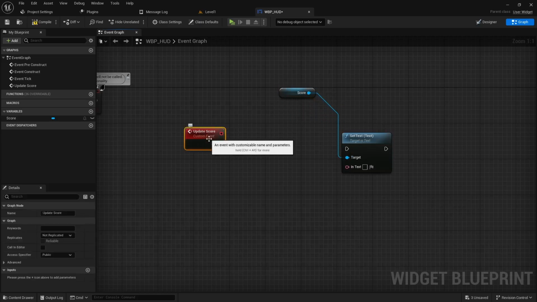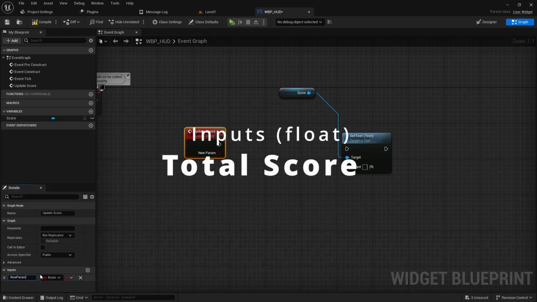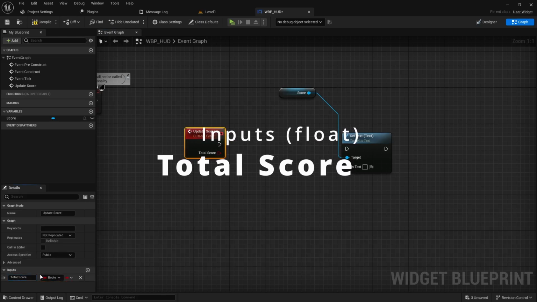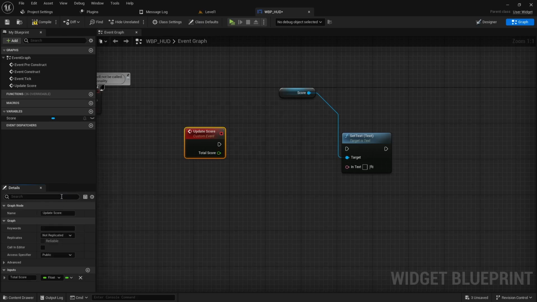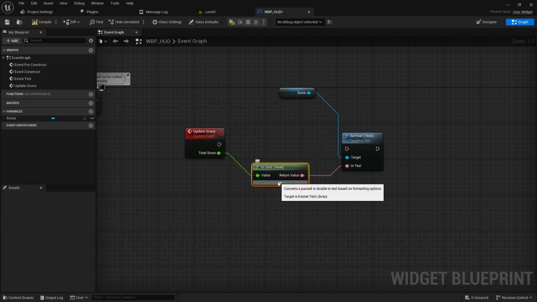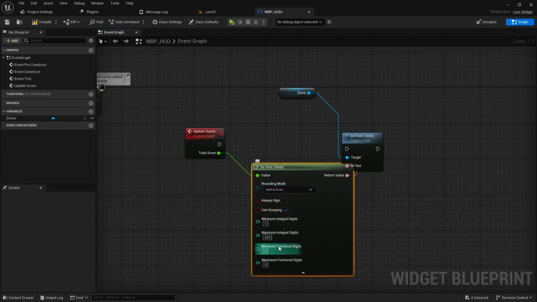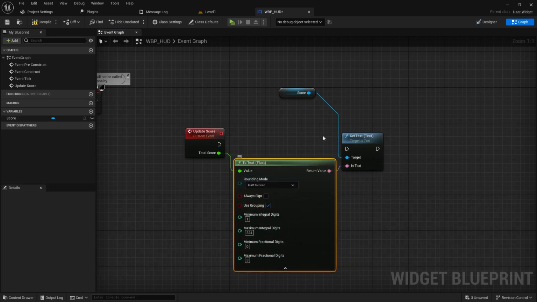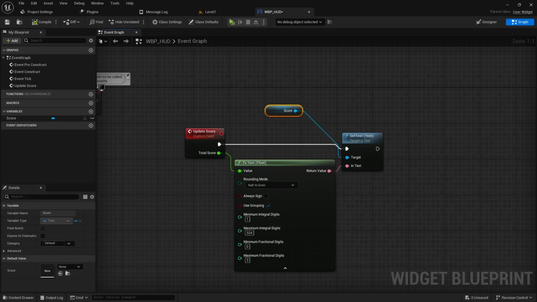And what we want to be able to do is pass in a value from the update score into the text. To do that, we need to add an input pin. So on the left hand side you'll see inputs. You hit a plus sign there, and let's give it a name of total score, and let's make it a float. And now you have an input pin here. If you drag this in over here, it'll automatically create a toText float, and I believe the default values for this prototype will be just fine. And then we'll just hook up these execution pins here. And that should pretty much complete the code